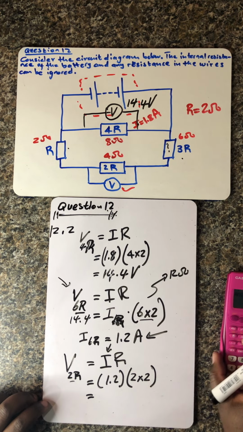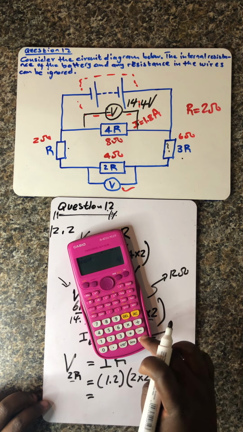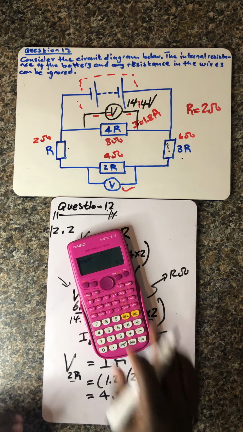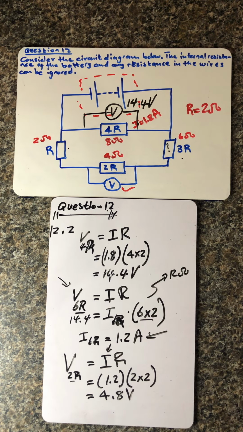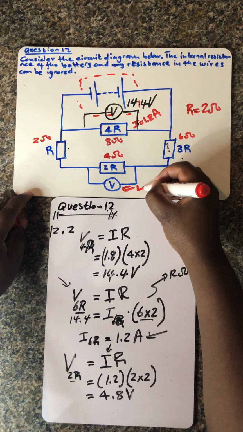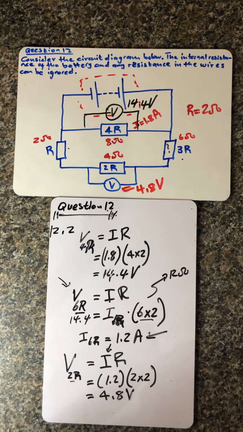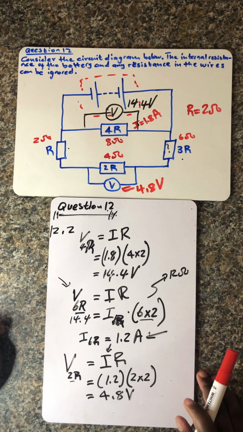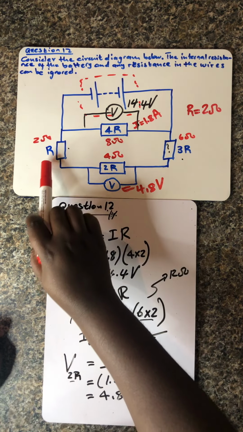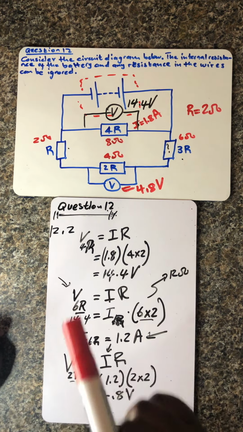So now we have 1.2 multiplied by 4, which is, guys, 4.8 volts. Ladies and gentlemen, very, very much important. So that means the reading on that voltmeter will be 4.8 volts. So guys, that means if you were to calculate the reading on that V and again on that V and add all of those V's, they must give you